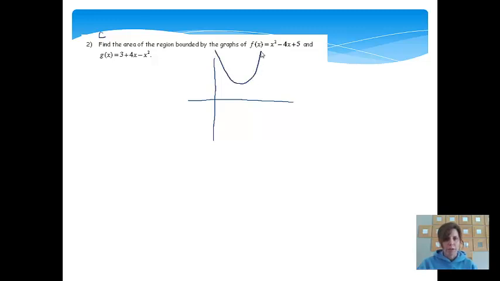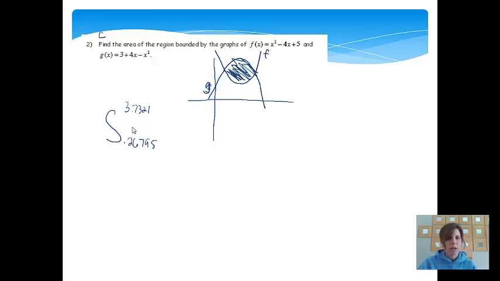When I graphed it, I got a parabola going up and then a parabola going down. The one that was going up was f, and the other one was g. We would like to find the area between those two. So we are going to set up my integral. I need to go from point of intersection to point of intersection. Using the points of intersection, the left one is going to end up being 0.26795, and the right point of intersection will be the x value of